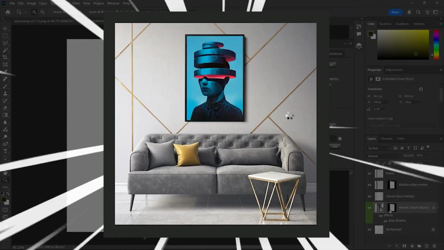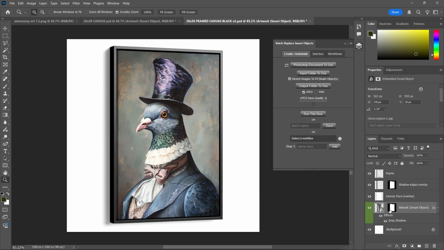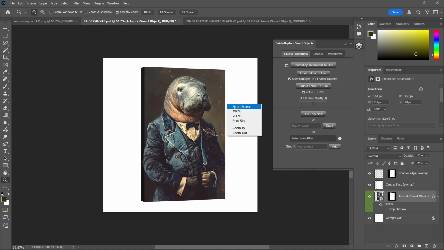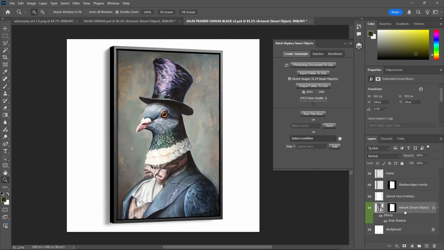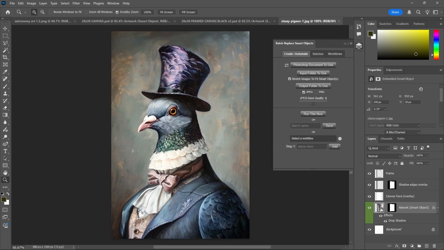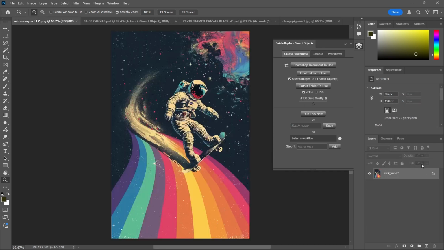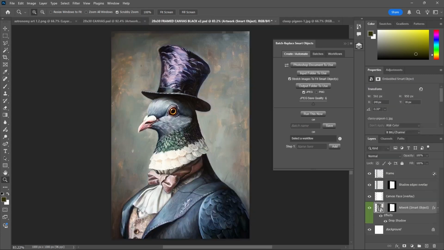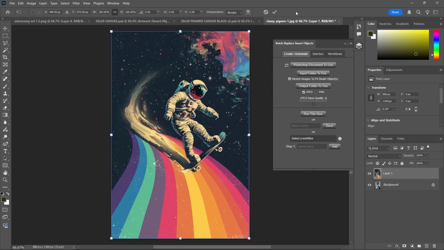How to export a batch of mockup images in Photoshop. If you create custom mockup images in Photoshop using PSD files, mockup templates that contain smart objects, it's probably an incredibly boring and repetitive process for you, where maybe what you have to do is you come here, you step into the smart object, you find your artwork image, come over here, paste it in, position it, make sure it's